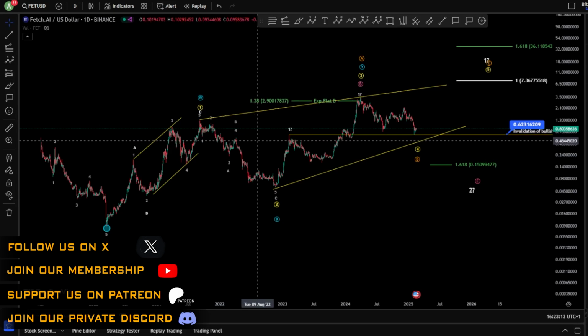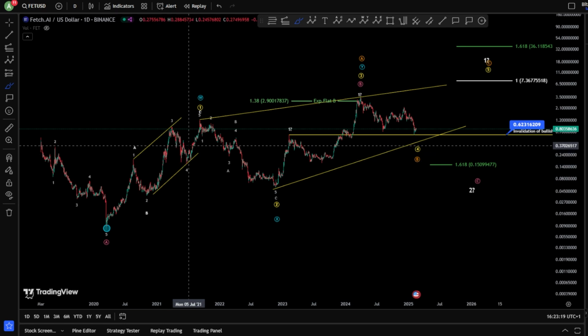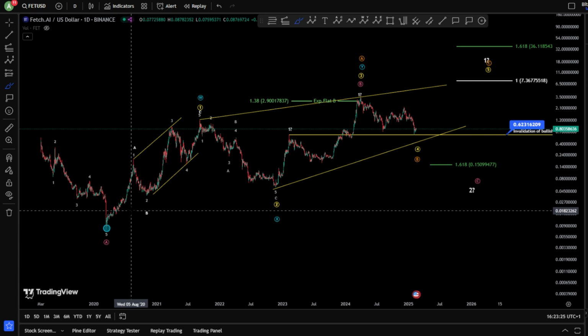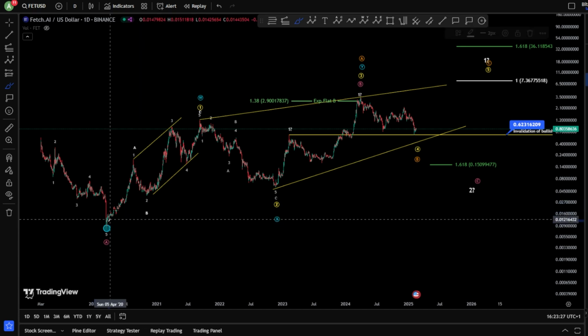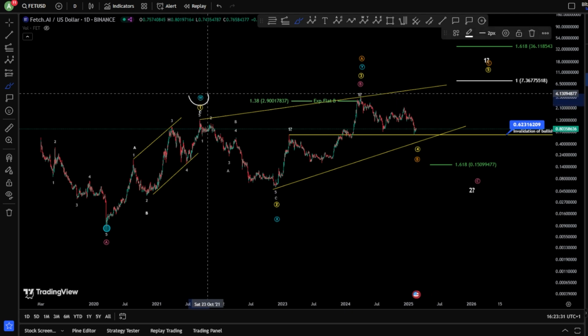Hello everyone, welcome to a new video for FET price prediction based on Elliott wave analysis, starting with the daily chart, a quick overview for the bullish and bearish highest possibilities, and starting here where the market has found a psychology toward the upside. We have a leading diagonal as a wave 1 probably,